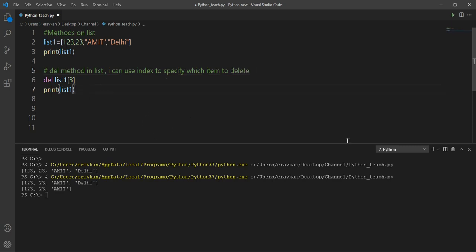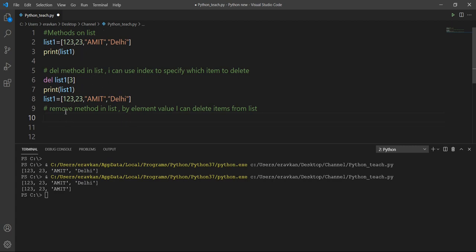Then there is one more method, the remove method in list. Let me define my list again because one item is deleted. Now by using the remove method, by element value, I can delete items from the list. Earlier I deleted Delhi from the list.